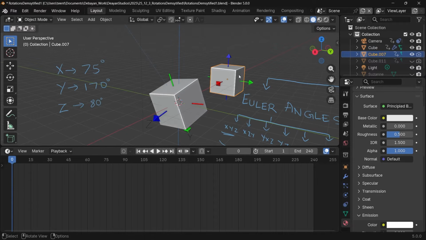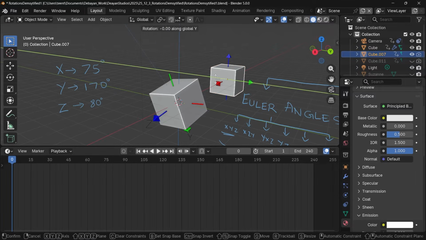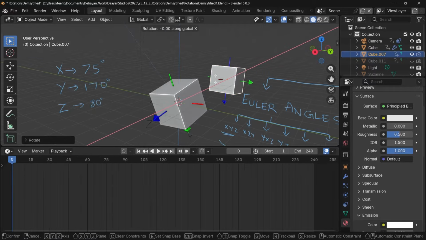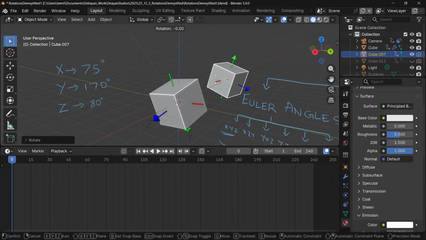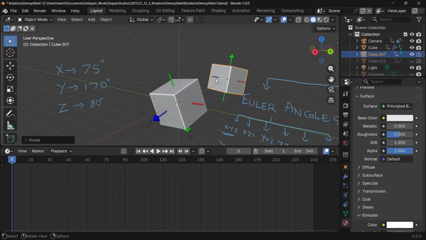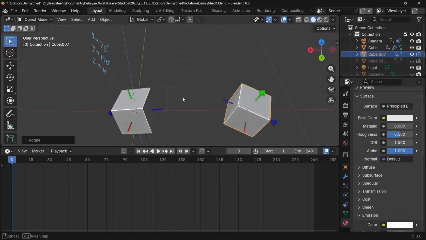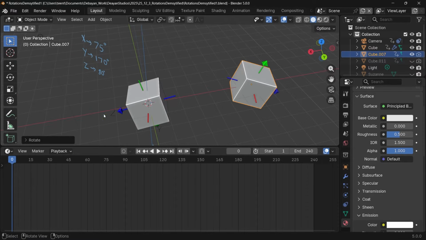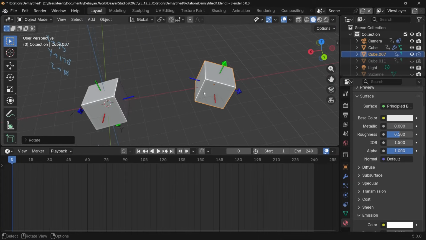Let's do the exact same thing on this cube, except let's change the order. Let's do Y first, then X, and then Z. So if we rotate about the Y-axis by 170 degrees, and then rotate on the X-axis by 75 degrees, and then rotate on the Z-axis by 80 degrees, you see we get completely different orientations for both of them. In this case, the blue is literally pointing in this particular direction towards the left, and here the blue is